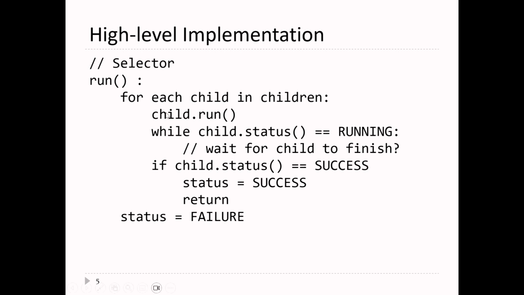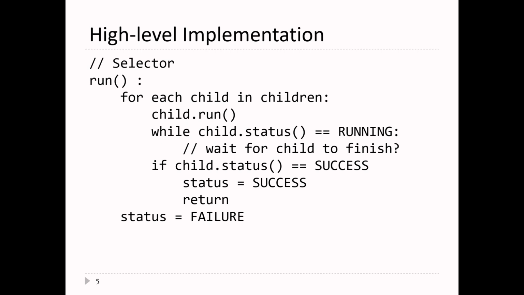run the child. This is where you get into trouble in these behavior trees. So if this run step here is slow or takes some amount of time, this is where you run into problems. Which is why there's a question mark on the next line. And so while the child's status is running, so while it's doing something, you have to decide what you're going to do inside your behavior